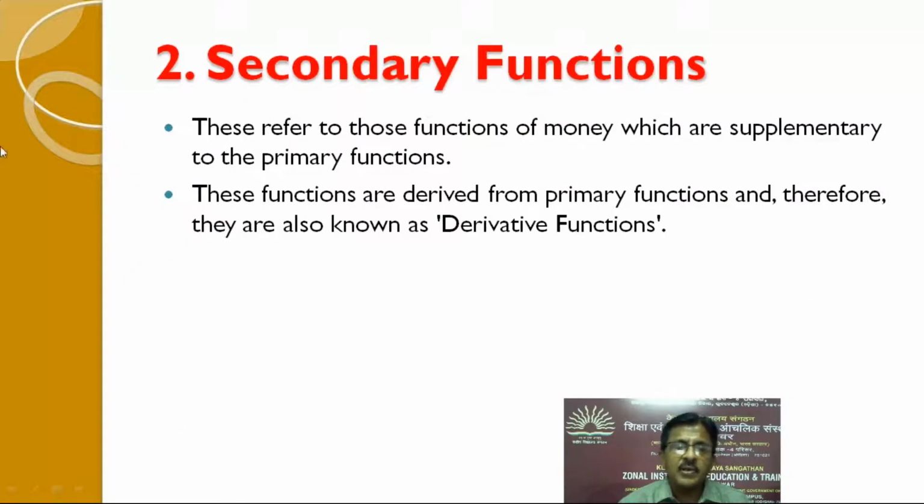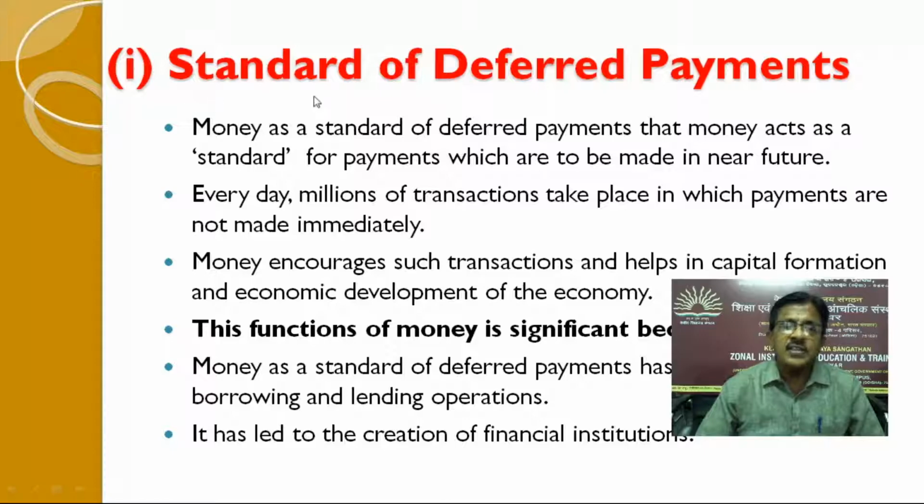So, secondary functions. These refer to those functions of money which are supplementary to the primary functions. These functions are derived from primary functions and therefore they are also known as derivative functions. The first secondary function is standard of deferred payments. Money as a standard of deferred payments means that money acts as a standard for payments which are to be made